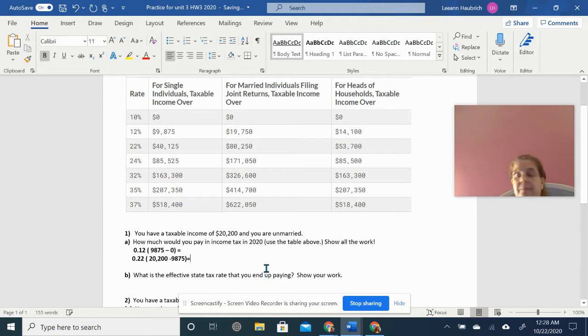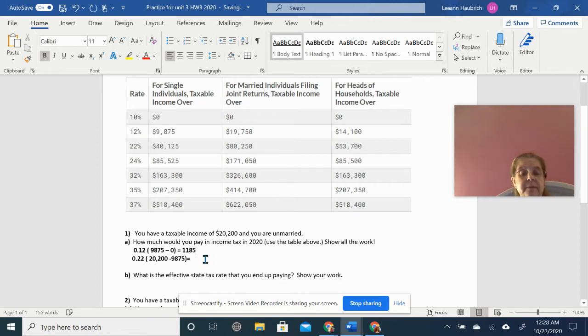So you can either look on a calculator to figure this out, or you can go to the Desmos calculator. But whatever you do, you need to show your work. I'm just going to use the graphing calculator because it's already out. And I'm going to plug in 0.12 times 9,875, and I end up with the tax here is going to be